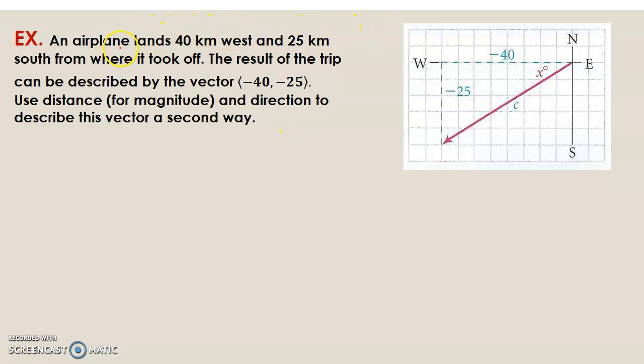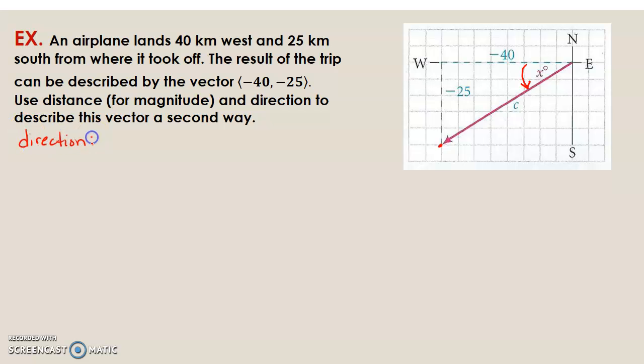So right here, an airplane lands 40 kilometers west and 25 kilometers south from where it took off. The result of the trip can be described by the vector negative 40, negative 25, because that's the direction they went. Use the distance for magnitude and direction to describe this vector a second way. So you're going to need to get that angle so we can describe what angle we've got south of west. So if you want to find the direction,